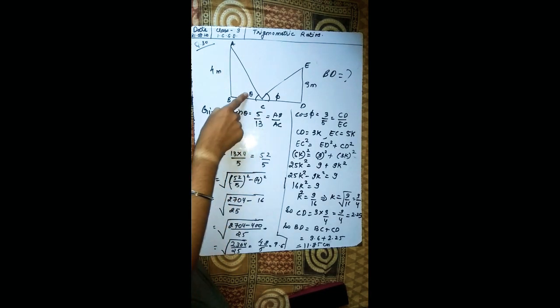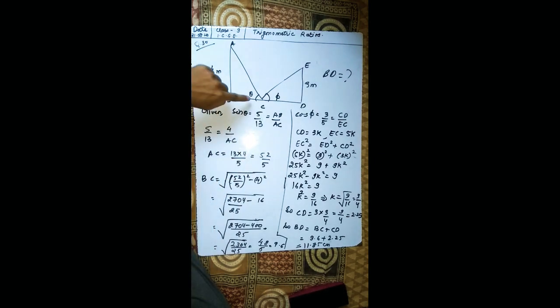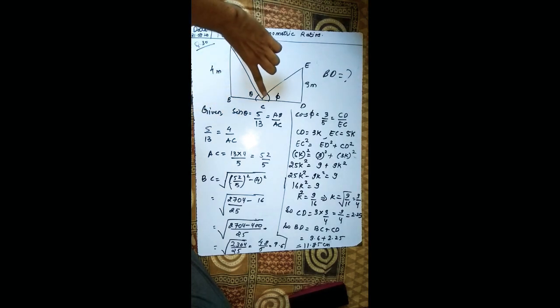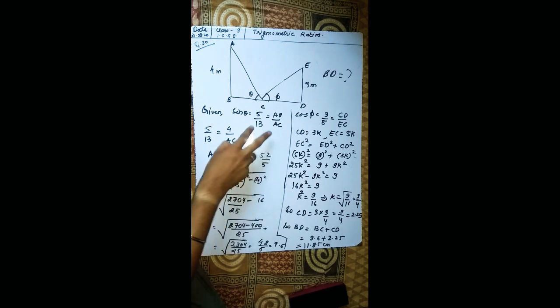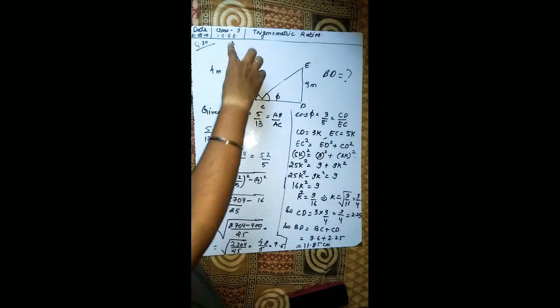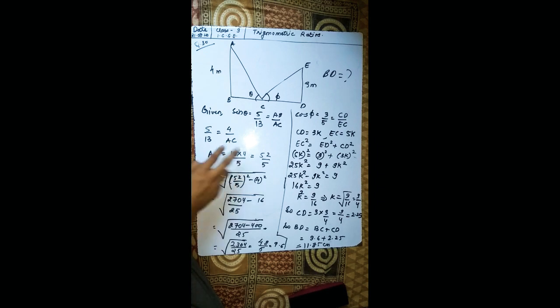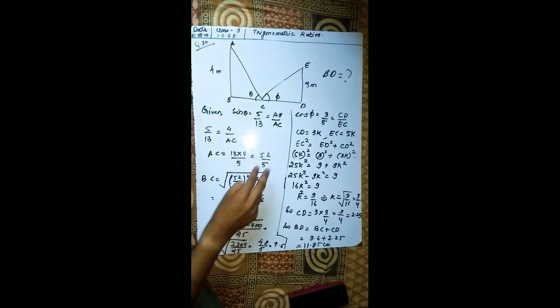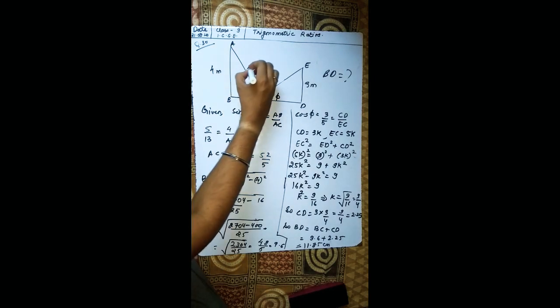Sin theta is 5 upon 13, that is, if theta is here, then this will be the perpendicular and this will be the hypotenuse. So perpendicular upon hypotenuse, AB upon AC. So 5 upon 13 is equal to, since AB is given to us, 4 upon AC. So what will be AC? Take AC this side and 5 will be in the denominator, and take 13 that side. So 13 into 4 upon 5, 52 upon 5. We got AC as 52 upon 5.